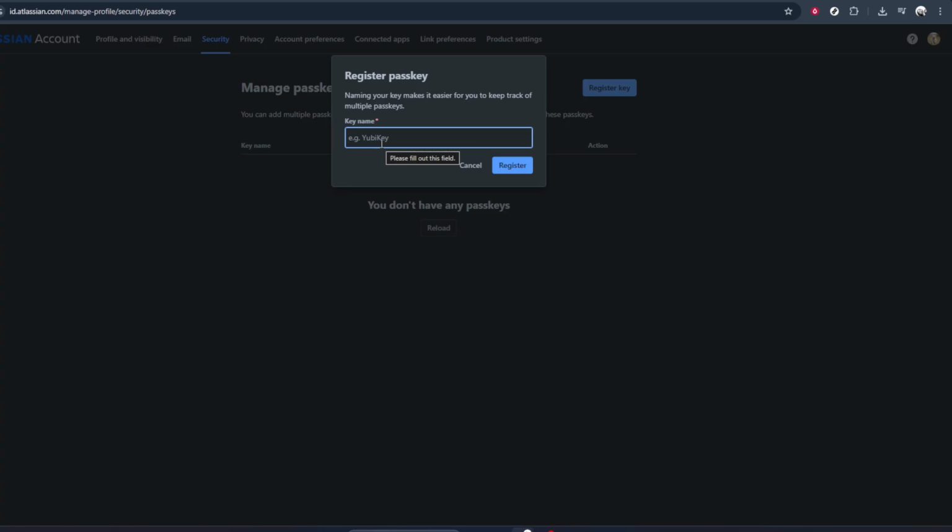From here, simply follow the on-screen prompts. Atlassian will guide you through choosing where to store your passkey, such as your current device or a supported password manager, and may ask you to confirm using your fingerprint, Face ID, or device PIN. Carefully read each prompt, confirm when asked, and wait for the success message indicating your passkey has been created. Once you're done, your passkey is ready to use the next time you sign into your Atlassian account, giving you both stronger security and a smoother